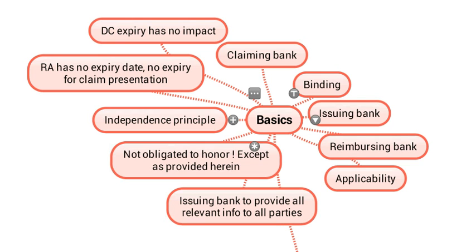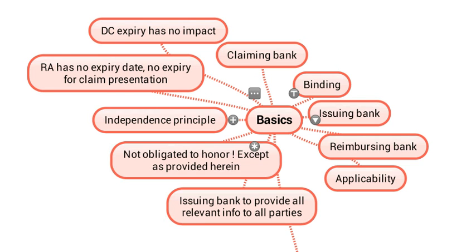The reimbursement authorization is totally independent of the LC. The terms of the LC are not applicable to the reimbursement authorization. The reimbursement authorization is an end-to-end, complete, independent document. The reimbursing bank is not obligated to honor except as provided in the URR. Just because a bank has received a reimbursement authorization does not mean that bank has to honor the claim received